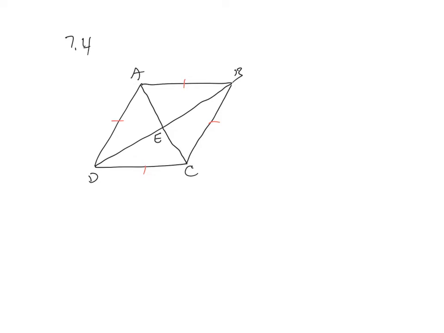So remember that the diagonals are perpendicular and the diagonals bisect the opposite angles. Okay, so if I told you that that angle was 28 degrees